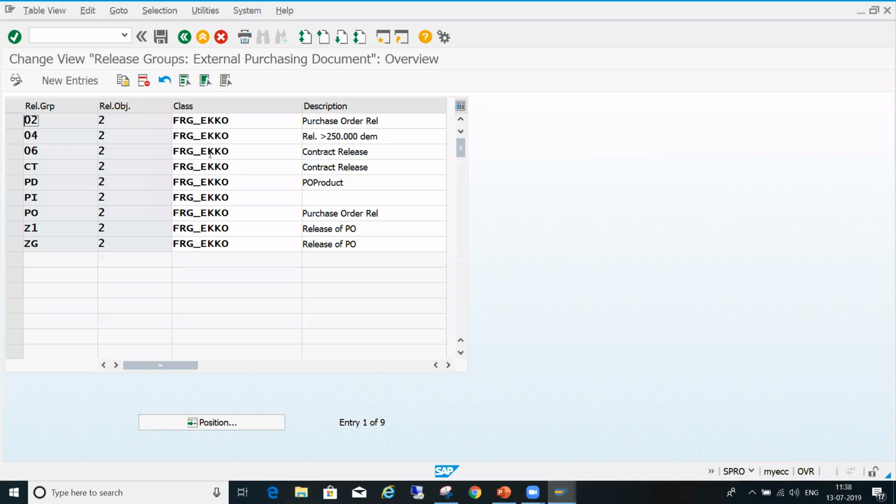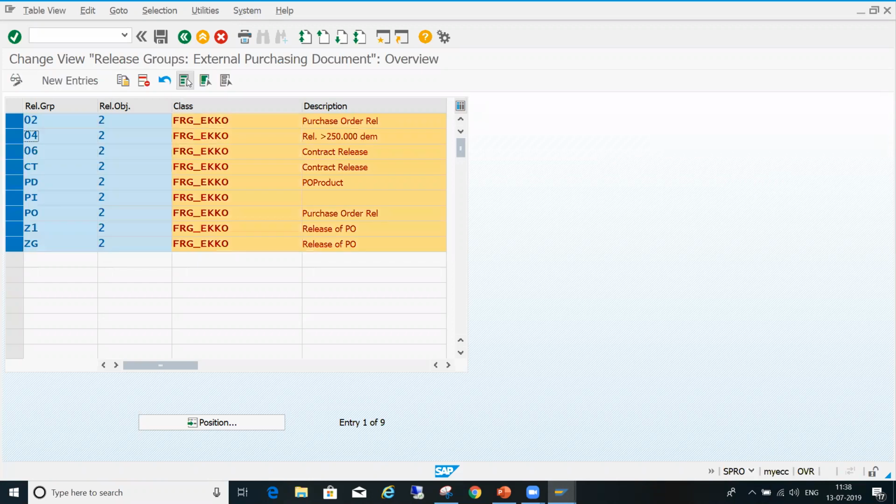So this is a practice server. I am deleting this. But in real time, don't delete like this. You should not delete. You have to use the same class only. Okay, clear?